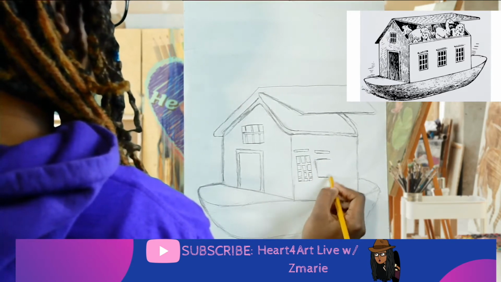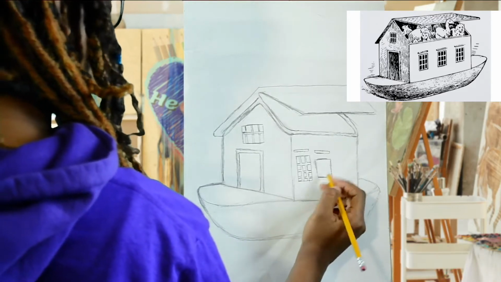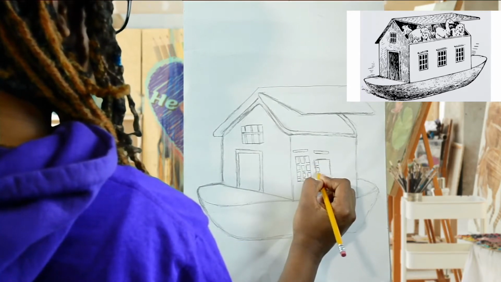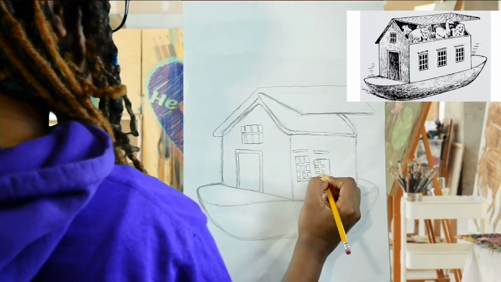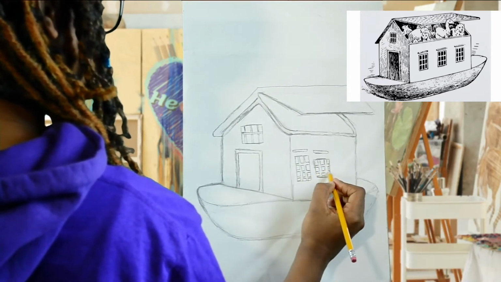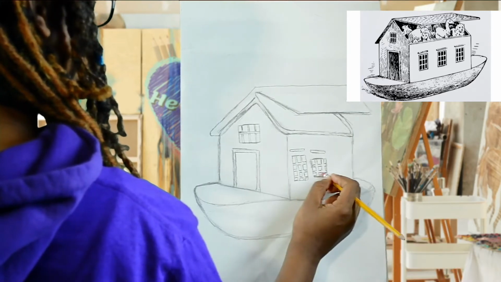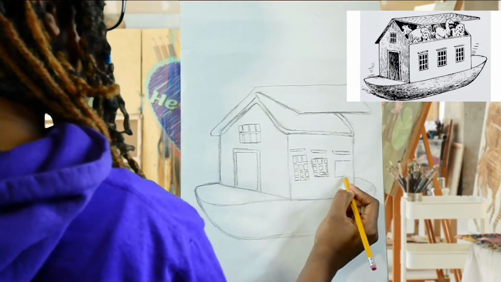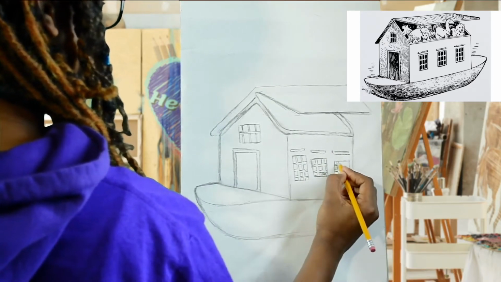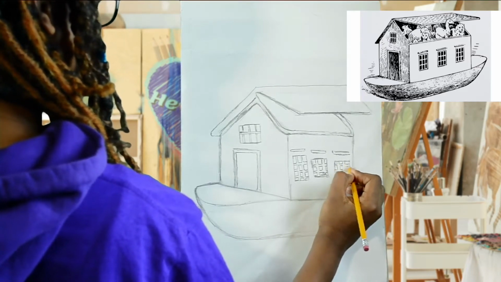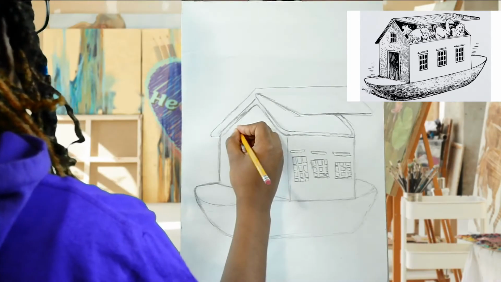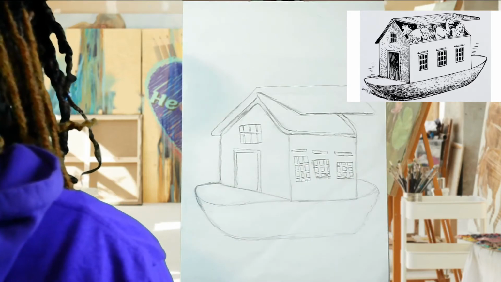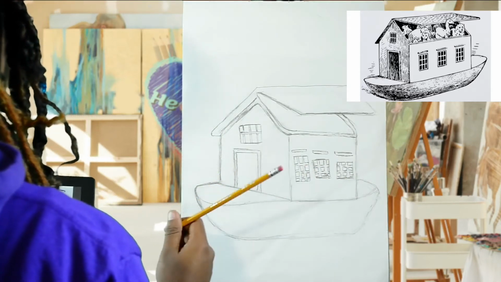Get us a rough sketch. And the windows. We're getting our lines for our windows, just did this one. So now what we're gonna do is go through and start filling some of the windows in, and